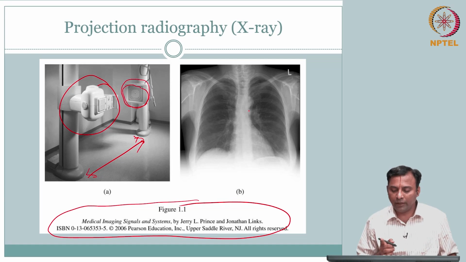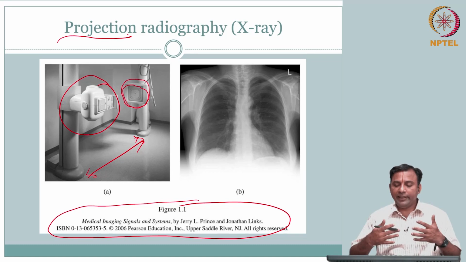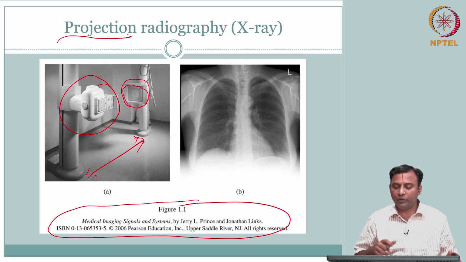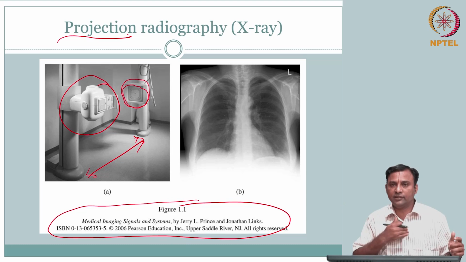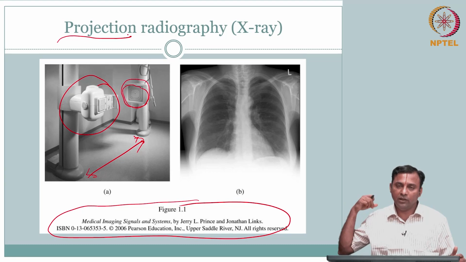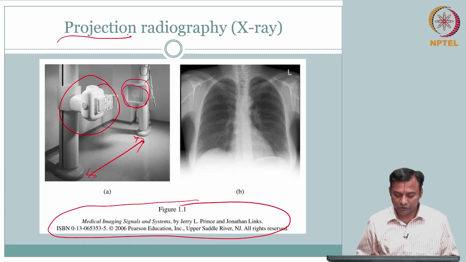Let us just reiterate one more time, the challenge here is it is projection, and therefore, my 3D is collapsed to the plane of paper. So, I cannot tell from this whether it is the front of my rib cage or back of my rib cage, or if there is anything obstructing, for example, or some nodule is there in the lungs. I do not know whether it is situated at the mid level or towards the back or towards the front. All I will know is it is there in the lungs at this location. I will not know at what depth, going from my front to back, that lump will be sitting, right. So that is the challenge.